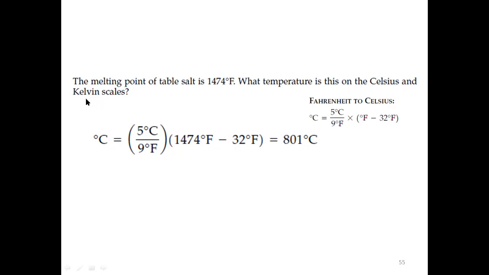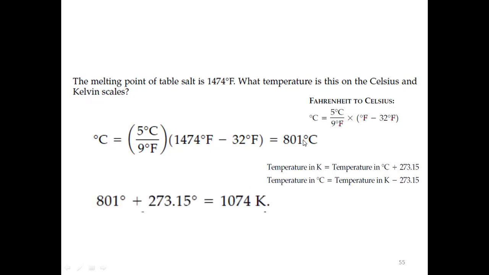Now what would be the value in Kelvin? These are the formulas we are using. Remember, the centigrade is given, so you have to use the first formula. You just put the value of the temperature in centigrade over here, then add 273. That will directly convert to Kelvin. We have already calculated 801, and by using this formula you add 273. That will be equal to 1074 Kelvin.